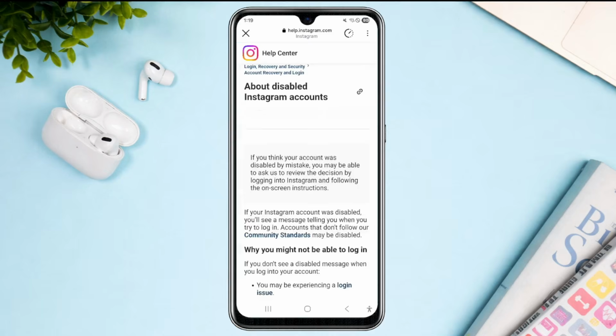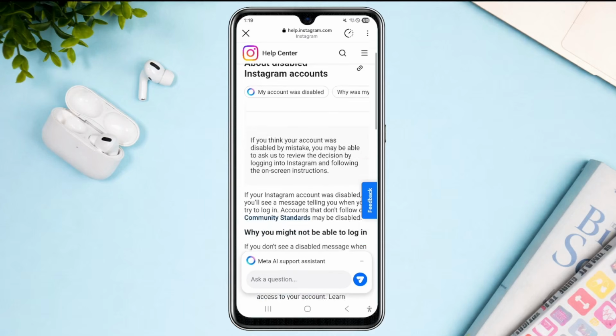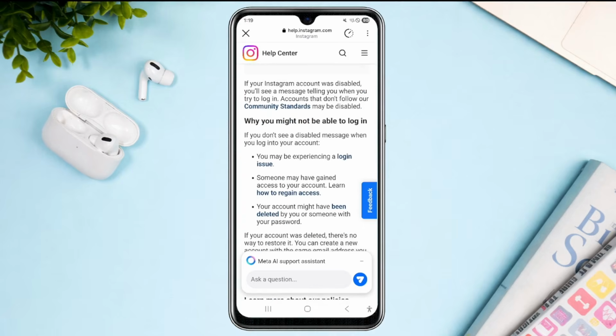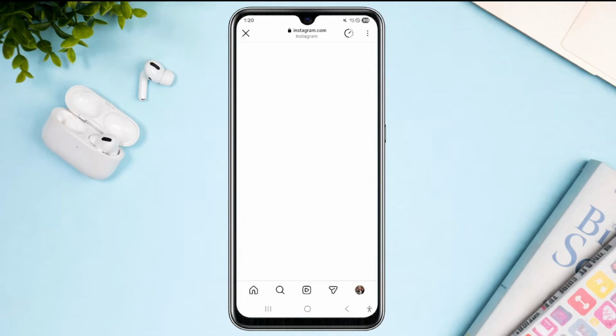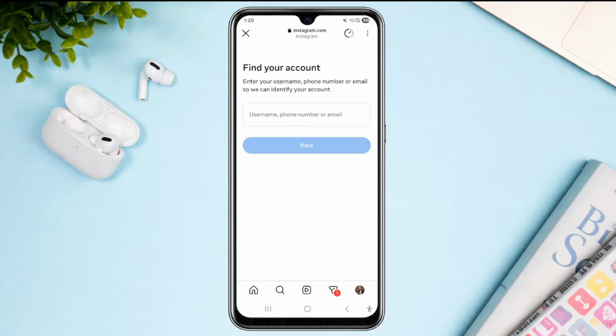Now, once you hit that, you will automatically be redirected to the Instagram Help Center. And then from here, scroll down once again and then choose how to regain access. Now from here, just simply close this temporarily, and your main goal is to locate and find the account that you're trying to retrieve. Just simply follow these on-screen prompts,